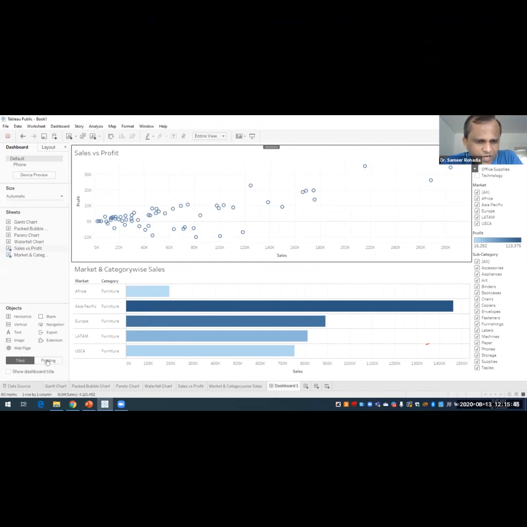On the left hand side below, where we have tiled and floating, the last option is known as show dashboard title. Currently you can see the title sales versus profit, which is the title for the top chart, and then market and category wise sales, which is the title for the second chart.